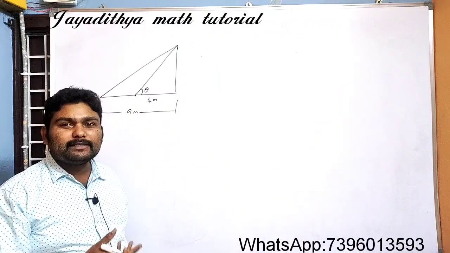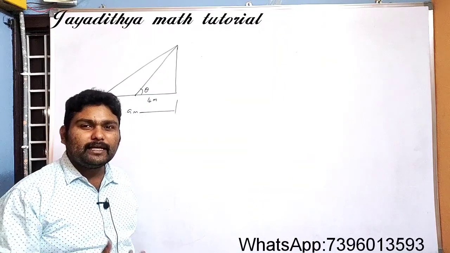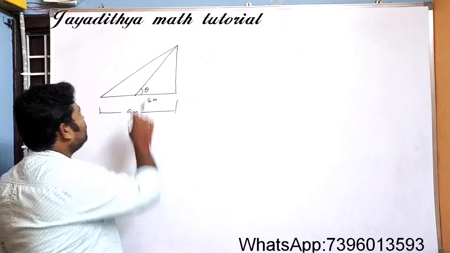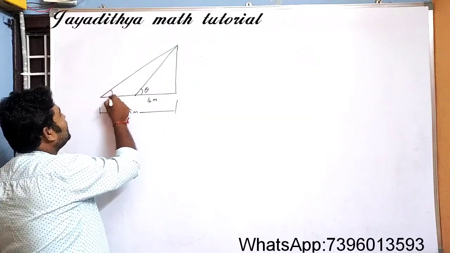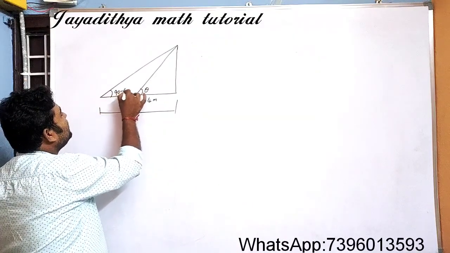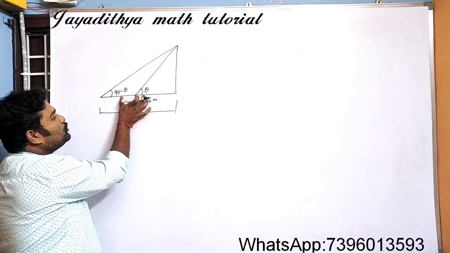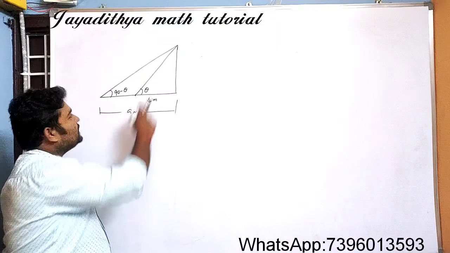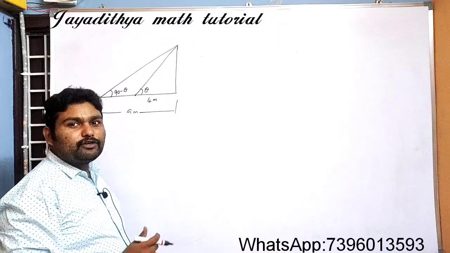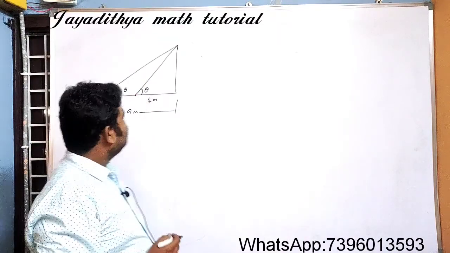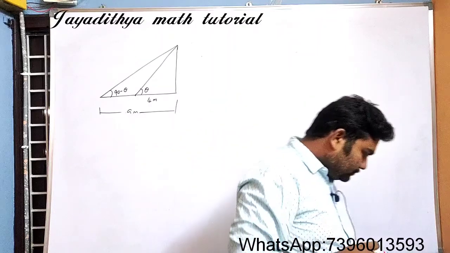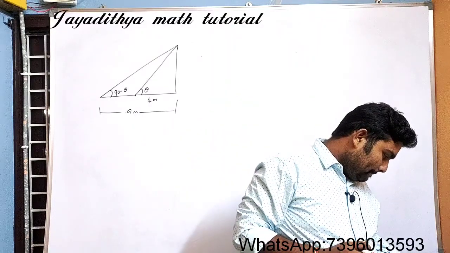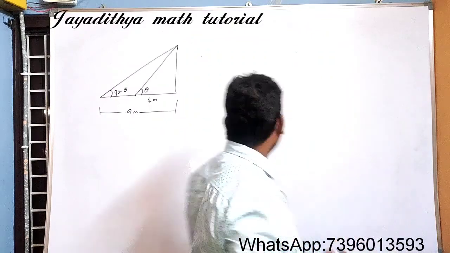What are complementary angles? If the sum of two angles is equal to 90 degrees, then we call them complementary. So if one angle is theta, what should be the other angle? That will be definitely 90 minus theta. Why? Because the sum of these two must be equal to 90 degrees. 90 minus theta plus theta, theta and theta get cancelled and the sum is equal to 90. And he has not given the height and we need to find the height of the tower.